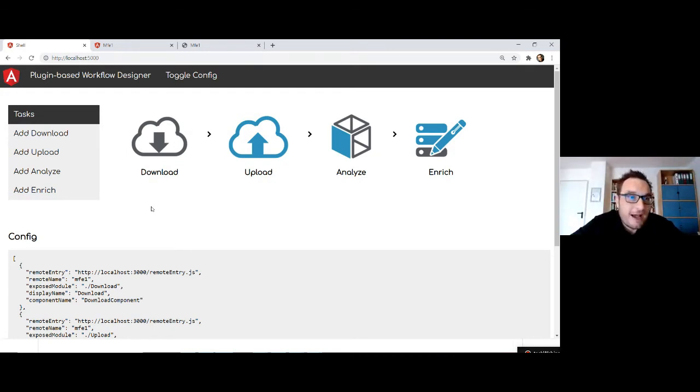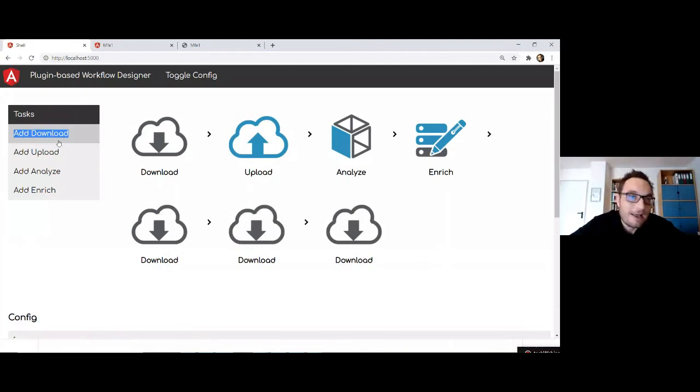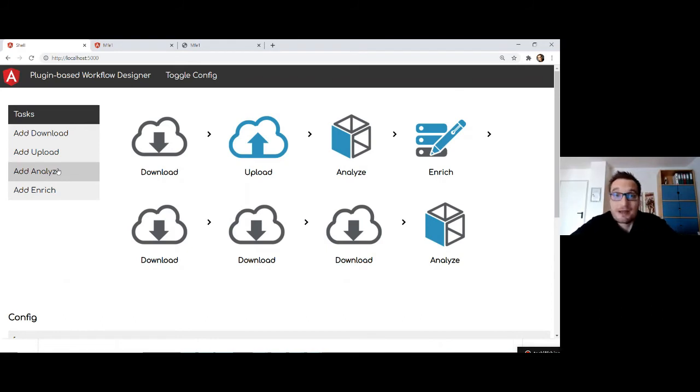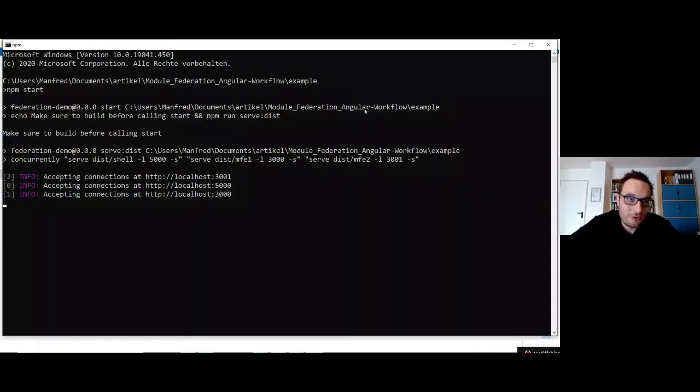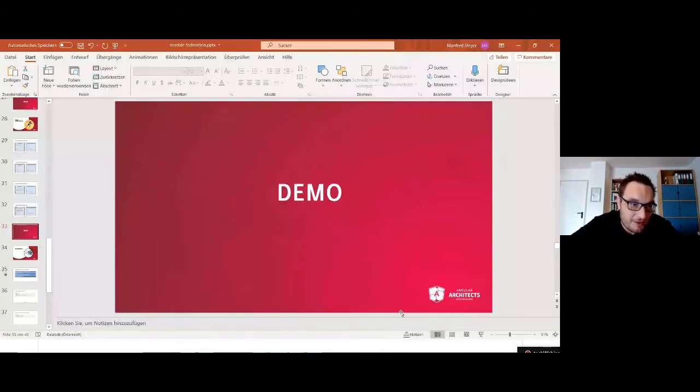It will provide hyperlinks for those actions so I can add them to my workflow. Very dynamic. Everything is just known on demand. Everything is known at runtime, not at compile time. So I think you see here, module federation gives you a lot of new possibilities, a lot of possibilities you did not have before.